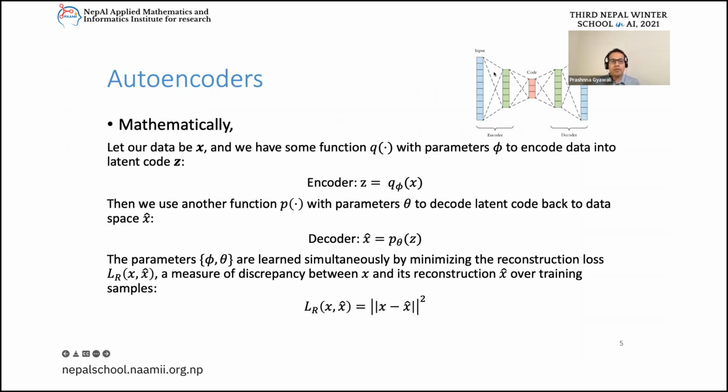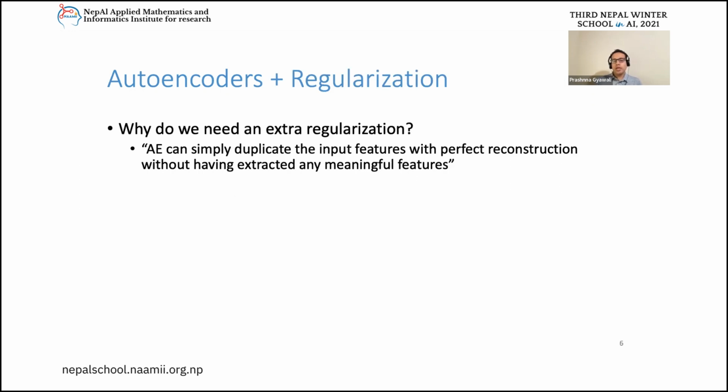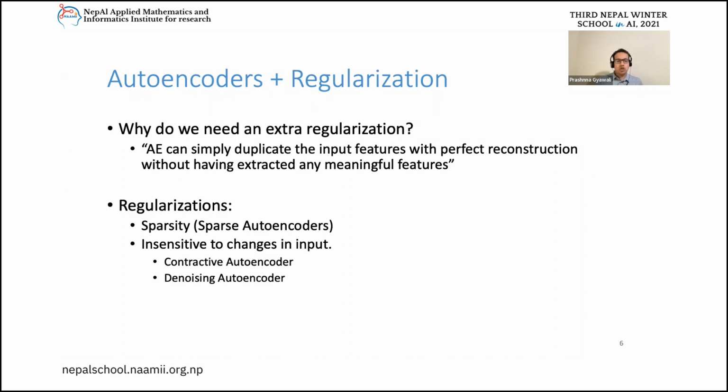Now, to address this particular problem, if you notice in our earlier slide in this figure, we have reduced this high dimensional input all the way to this low dimensional bottleneck. So by just having this architecture where we are reducing a high dimensional data set into a low dimensional latent code, we already have this regularization in hand. Without such a bottleneck, the autoencoder could have learned simply an identity function, but by having regularization, we have stopped that. But here I am actually referring to some extra regularization, and some examples include,